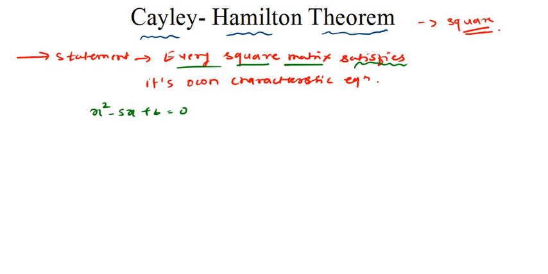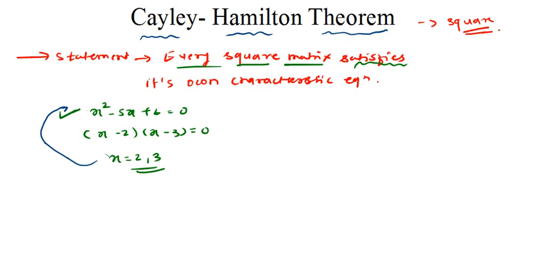Okay, we know how to find the roots of this quadratic equation. This will be (x minus 2)(x minus 3) is equal to 0. We get the values x is equal to 2 and x equal to 3. This means x equal to 2 and 3 are roots of this quadratic equation. What do roots of the quadratic equation mean? The values for this x will satisfy this equation.